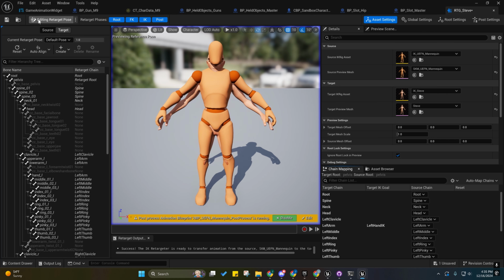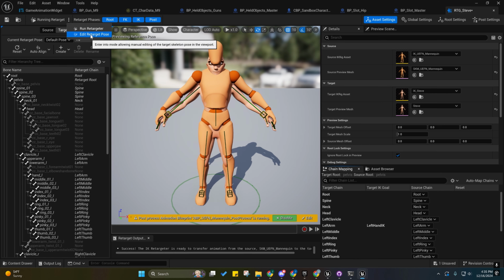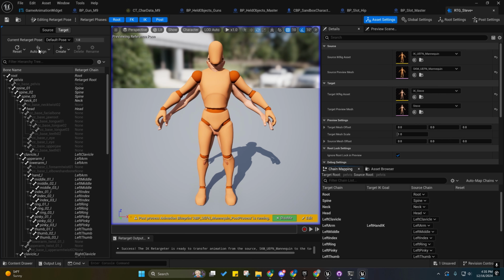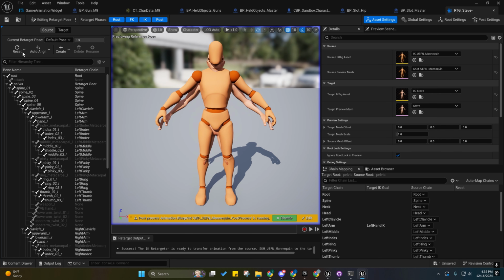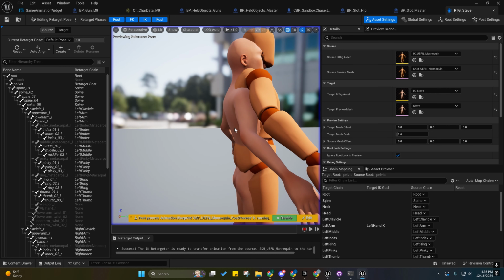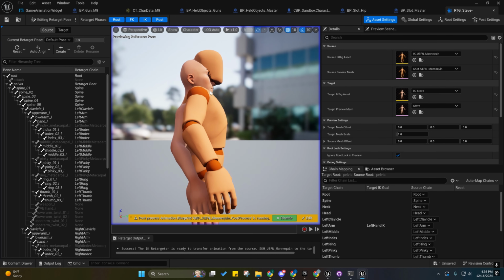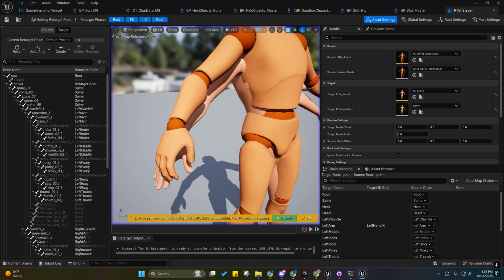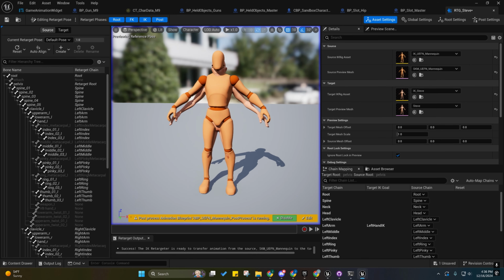I'm going to go into this. If you click running retarget, it switches over to edit retarget pose. You can also press this button and select it manually from this drop down. And I like to just reset these to make sure that they're not aligned. The reason why is because if you align these, then it can have an effect on posture. Your character will tend to adopt the UEFN posture, but in actuality,